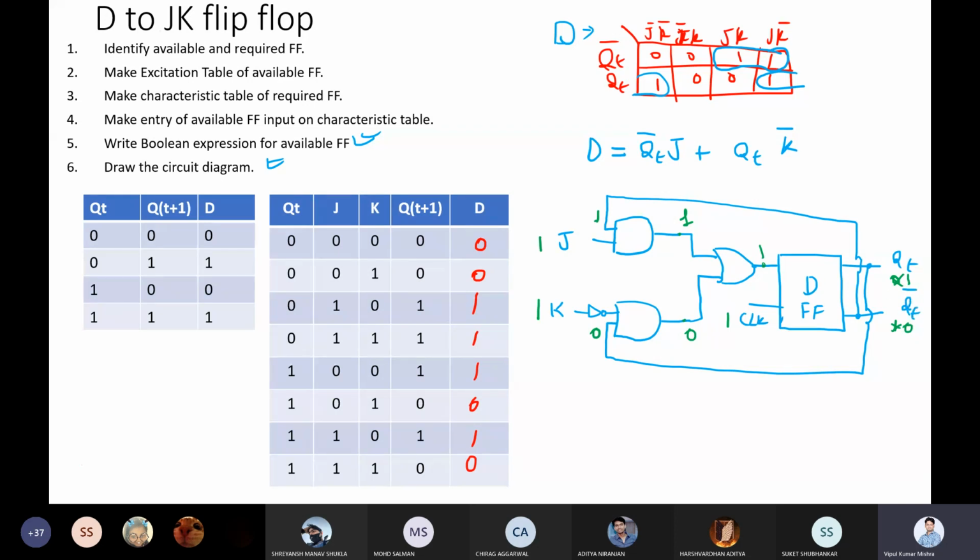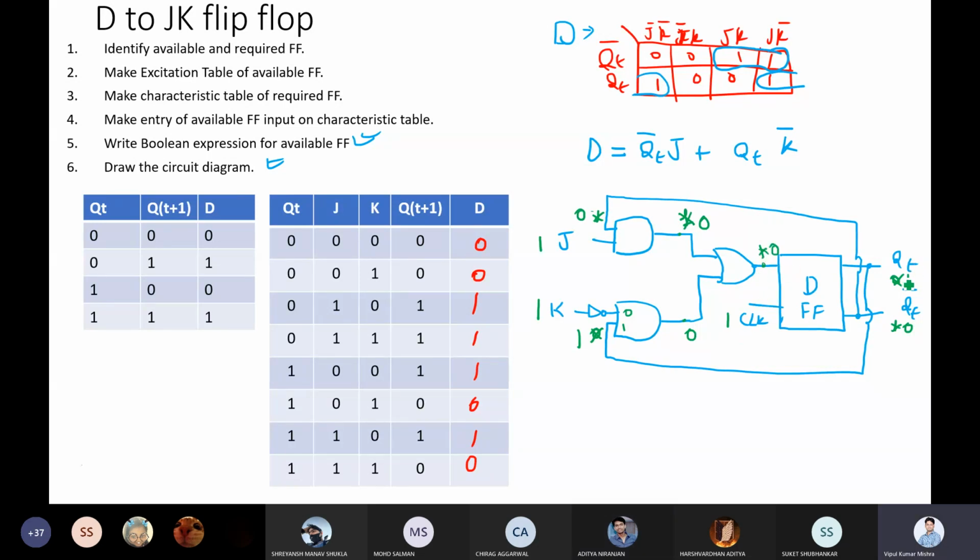Now once this modifies, let's go back and modify here as well. So this becomes 0 and this becomes 1. Now what will happen? What about this? This will modify to 0. And what about this? Let's rethink. K is 1, we are using a NOT gate. So this will be 0 and this will be 1. So definitely it will remain 0. So 0 and 0, it will be 0.